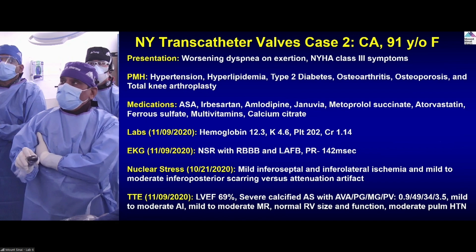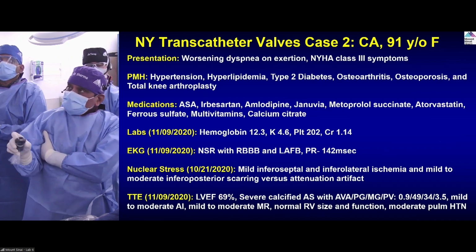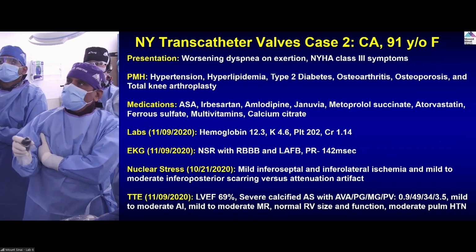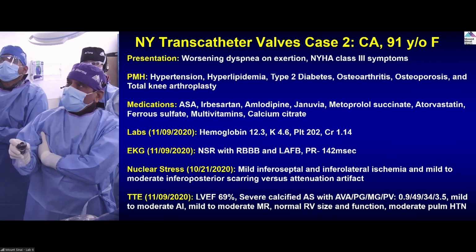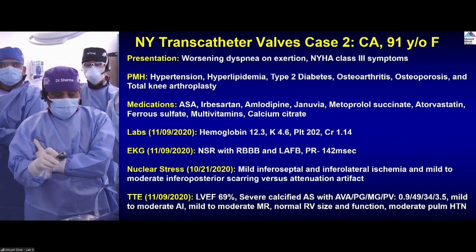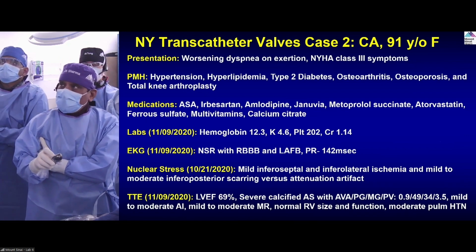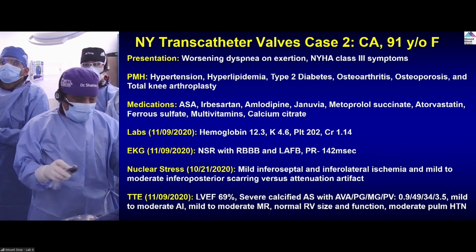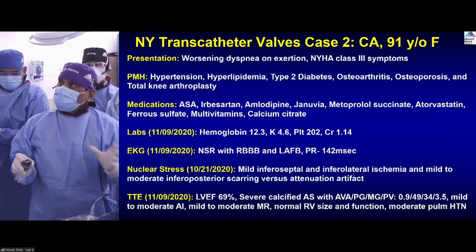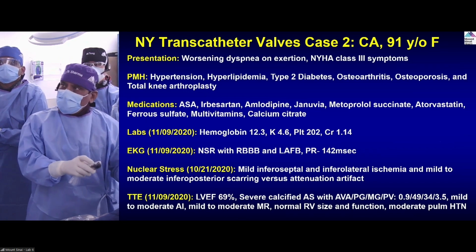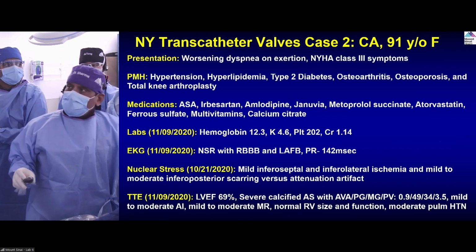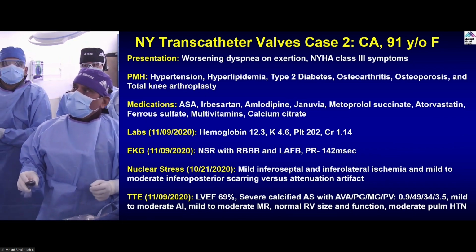This is a 91-year-old patient who has presented with progressive angina and of course is on good medical therapy, with multiple other medical problems, but nothing unusual. The ECG shows normal sinus rhythm with right bundle branch block and left anterior fascicular block, so that's very important, with a PR interval of 142. In this kind of case, when you're doing the valve and particularly the Evolut CoreValve, in terms of leaving the pacemaker, compared to the Sapien, we take it out. In these cases, we do leave it for 24, 48 hours because of the baseline bundle issue.